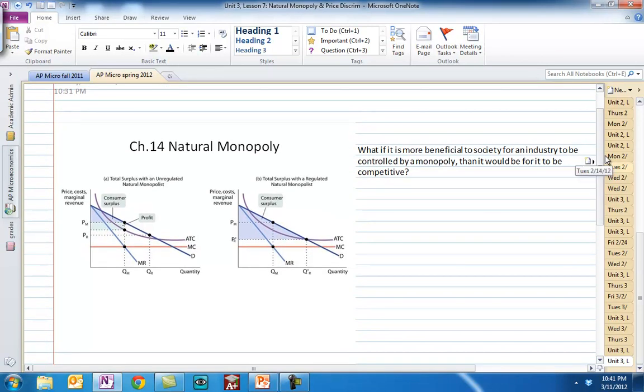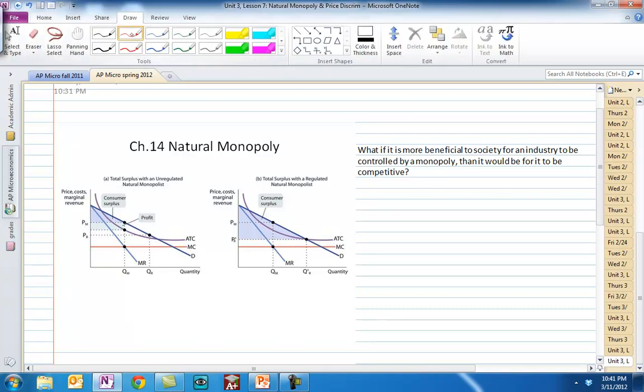See the question I put over here on the right of the slide. What if, in some situations, it would be more beneficial to society for an industry to be controlled by a monopoly compared to if it were competitive? Could it be better for society for that to be the case? So I'm going to give you a couple examples. There's not a whole lot of these, but there are some significant examples. So the best one in my mind is